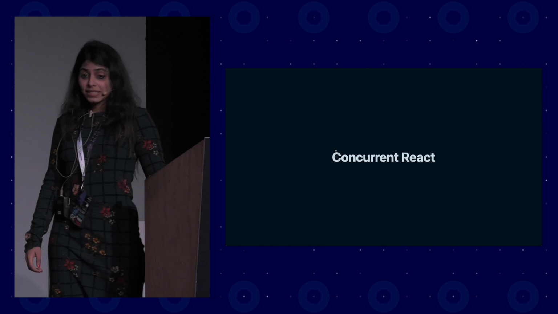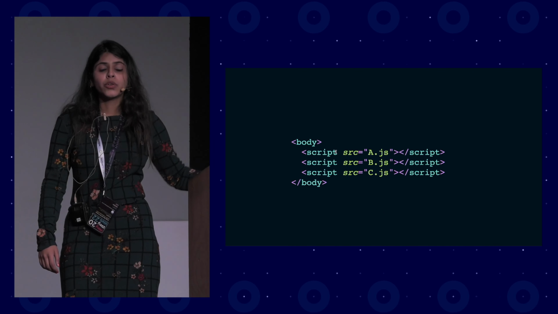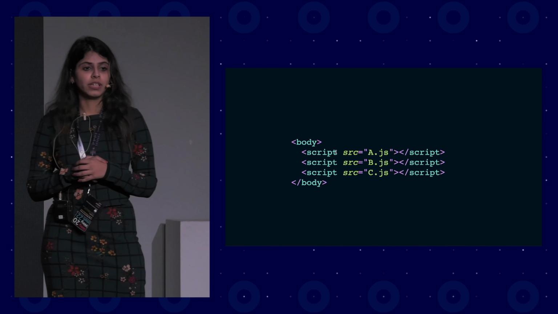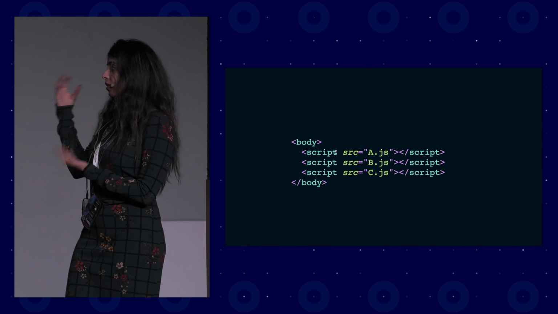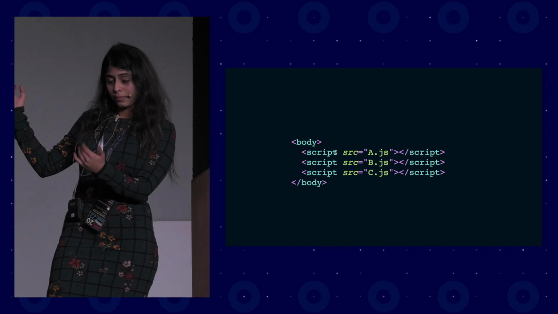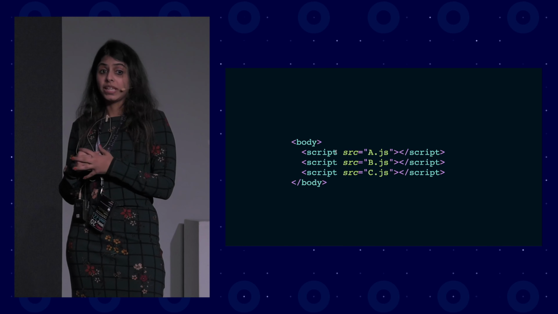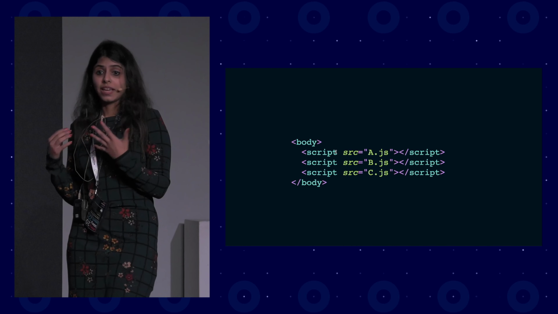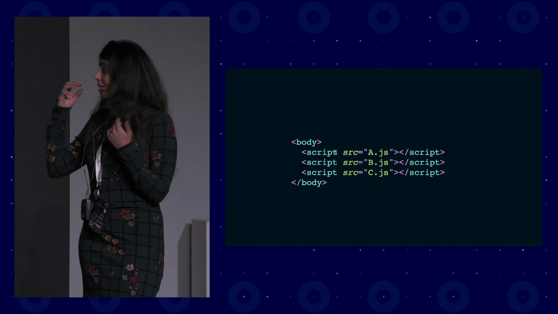Now, in order to understand concurrency in React, I'm going to give you an analogy. Think about you have multiple script tags in your HTML. How would HTML execute them? It will be in the same order in which they are written. So first script A gets executed, then B, and then C. Now let's imagine that my A script is very heavy, and it's taking a long time. That means that my B and C scripts are also blocked from executing because the A script is taking